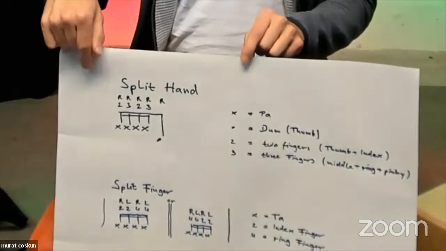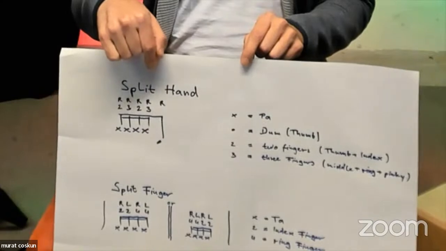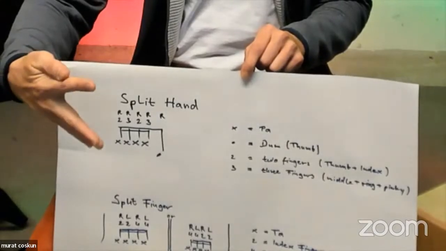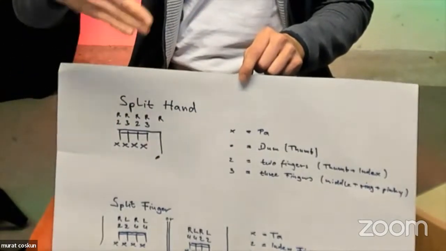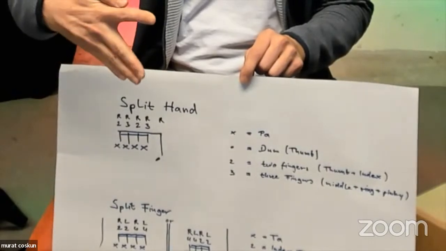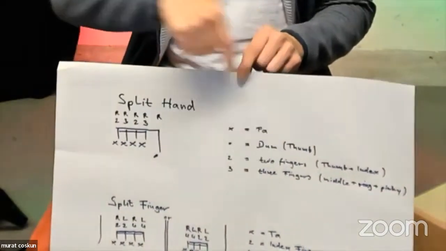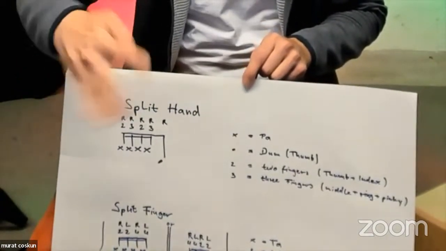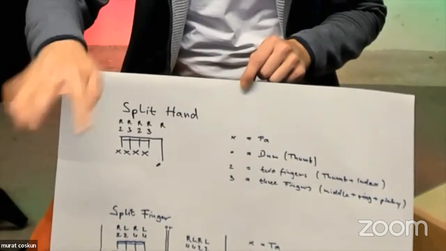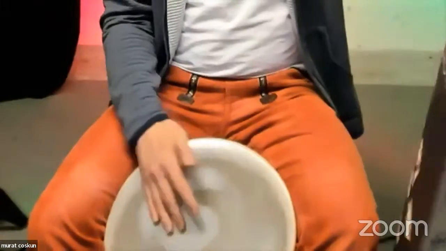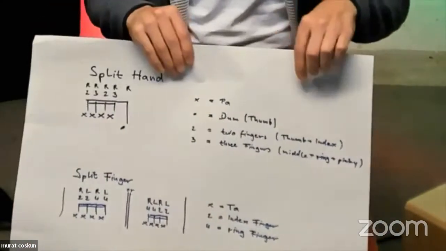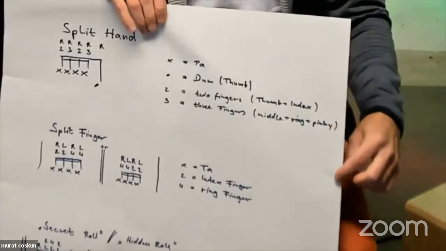So what you see here is this 2, 3, 2, 3. That means the 2-finger side of your hand, so your index finger and thumb. And 3 means your 3-finger side of your hand, so the other 3 fingers. And so what you see here is this turning motion. 2, 3, 2, 3, doom. 2, 3, 2, 3, doom. So this. Okay, so this one, bass, and the other second thing was the split finger technique,